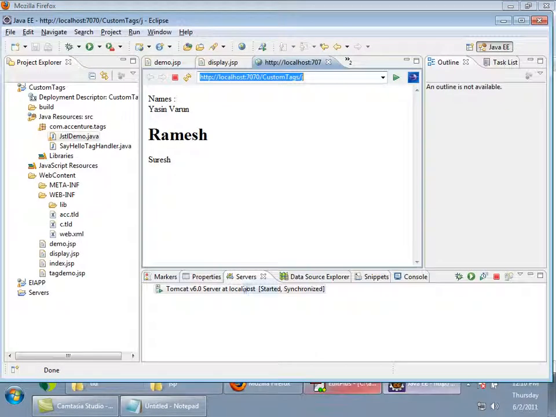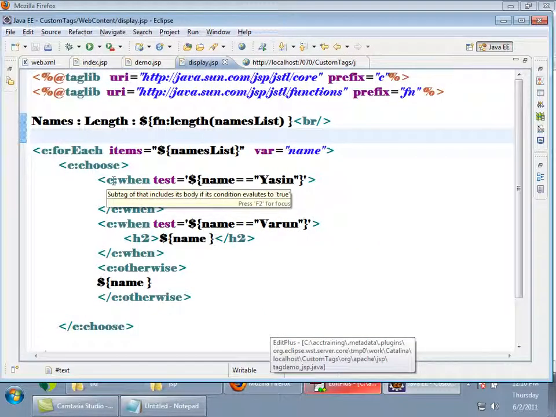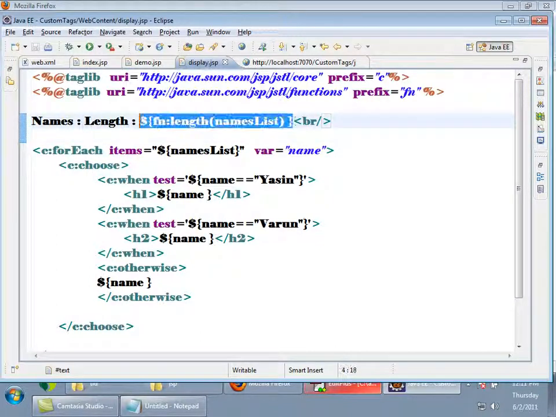So it's a very common requirement to display the length of a collection. Maybe sometimes you may need to search for something and you want to display the number of records found, right? So this is the one which you can use, ${fn:length}. This is one of the important functions. I am telling only important functions which will be regularly used. Okay, that's all. This will finish our JSTL topic.